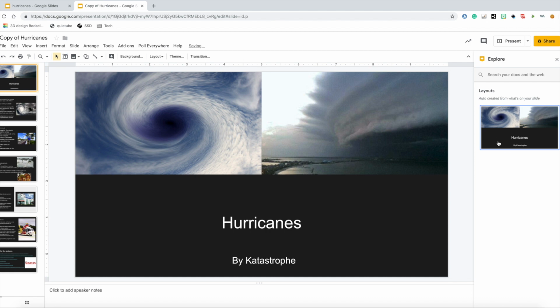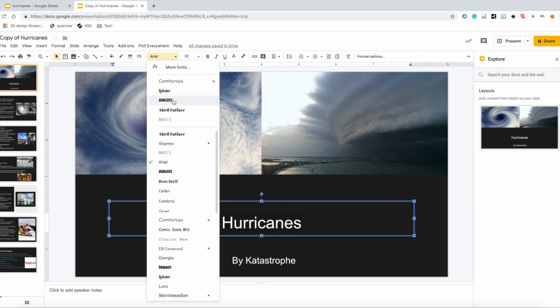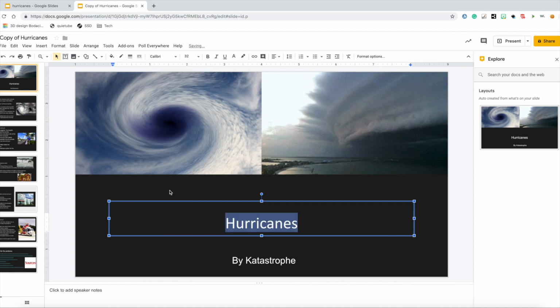So if I were to click on this one, it does the formatting for me, pieces the pictures together so that they're the same size. There's some cohesiveness to the placement of the photos, and then it will also change the formatting on your font text to match whatever's on this slide. So if you like the layout, you can also come in afterwards and still change it. If you don't like what they gave you, you can still change it afterwards,